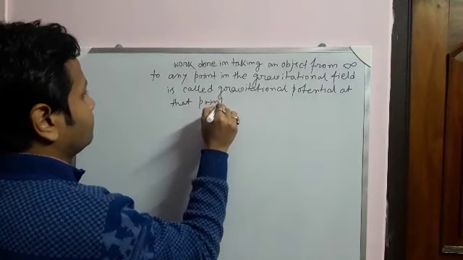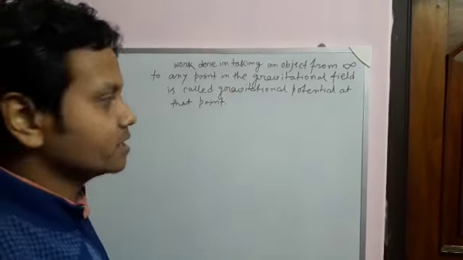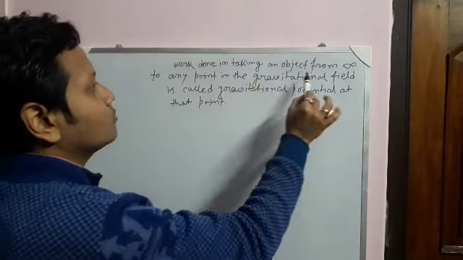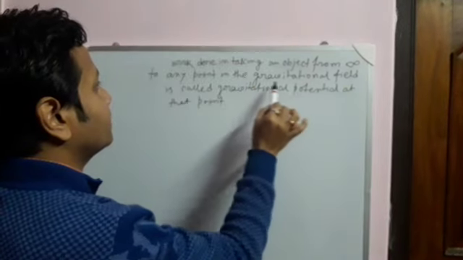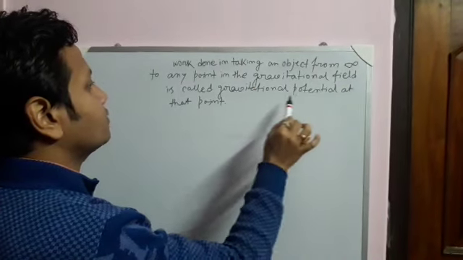Okay, this is simply the definition of gravitational potential: work done in taking an object from infinity to any point in the gravitational field is called gravitational potential at